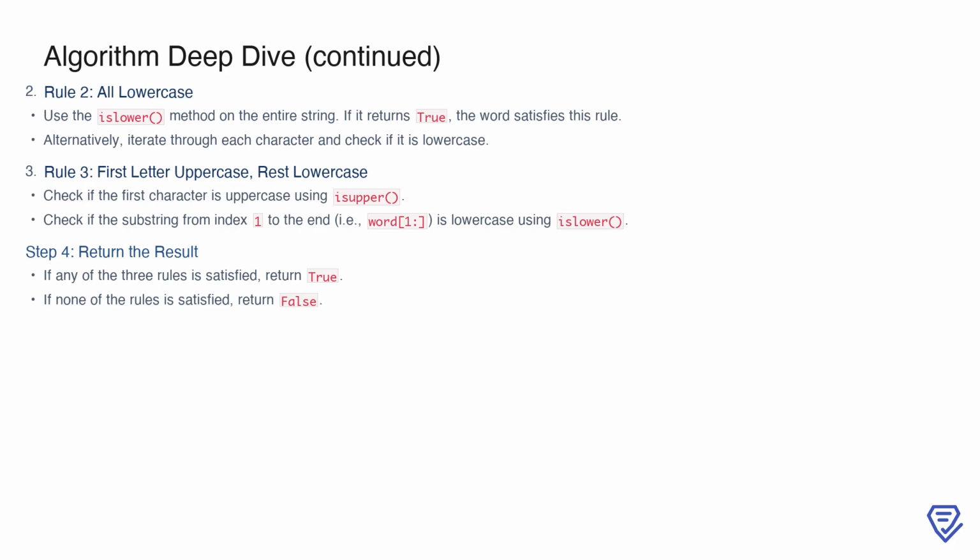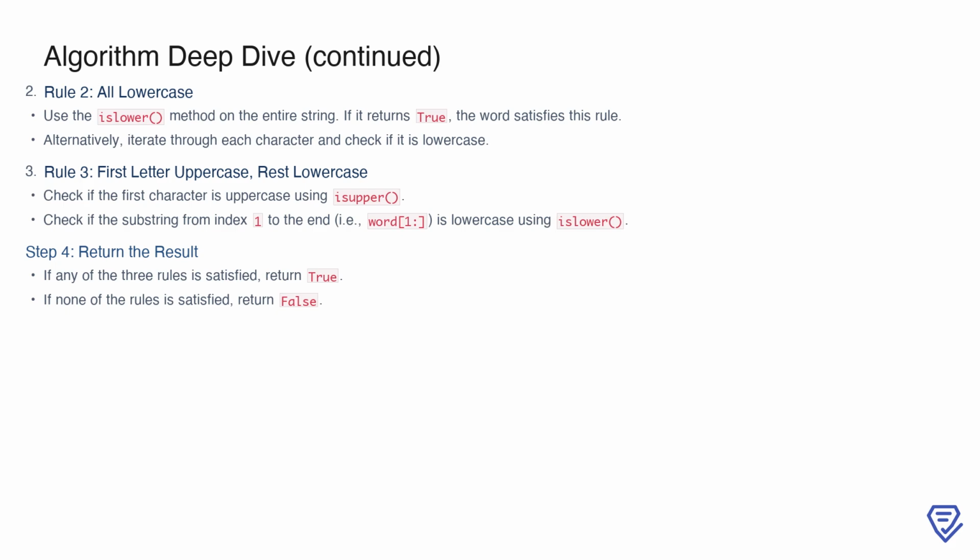First, we check if the first character of the string is uppercase using the isupper method. Then, we use the islower method on the substring starting from the second character to the end of the word. If the first character is uppercase and the remaining substring is lowercase, the word satisfies this rule. Once we've evaluated the word against these 3 rules, the algorithm returns true if any of the rules are satisfied. If none of the rules apply, the algorithm returns false, indicating that the word does not conform to any of